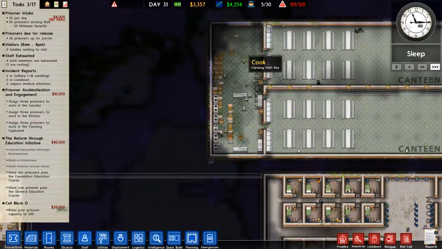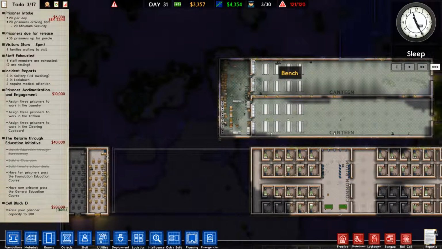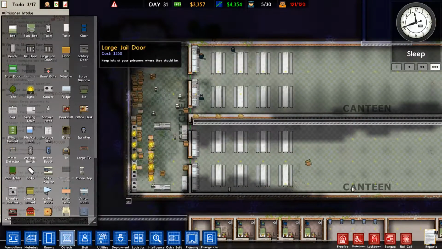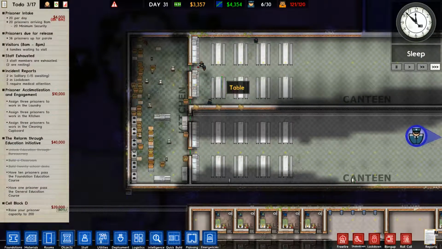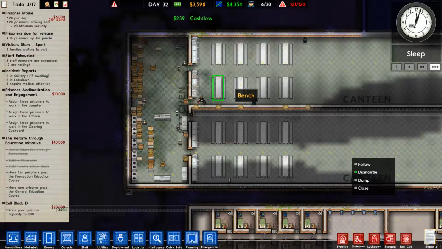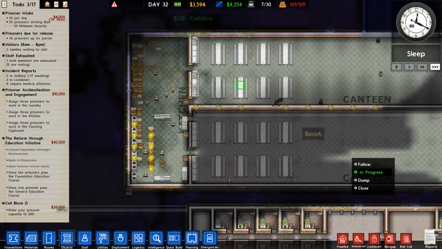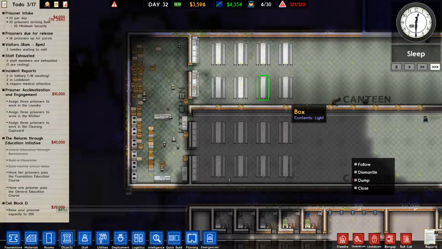Another thing we're going to need to do is fix up this kitchen because it's dreadful. Really, really bad. And we're going to have to fix this canteen up slightly. I think, you know what we can do? If we just dismantle this here and then move it a little bit closer to the other tables. In fact, if we put the other tables against the wall...